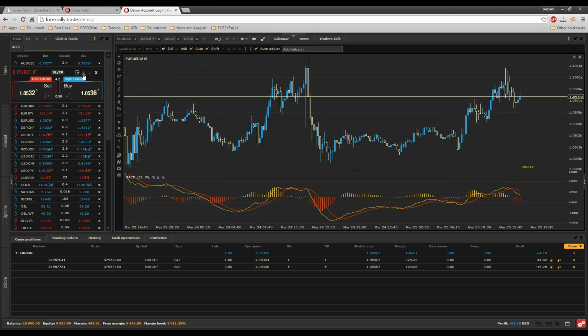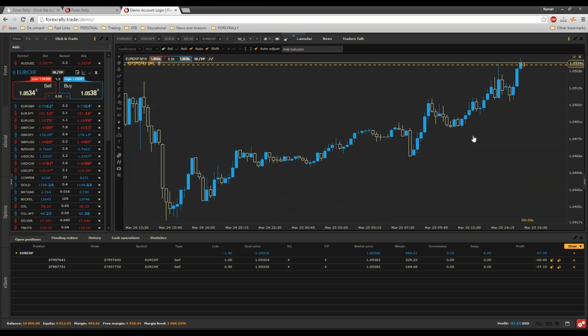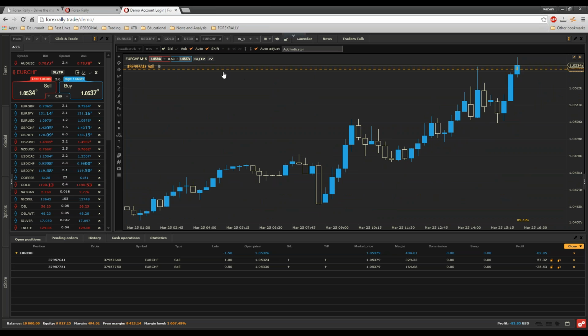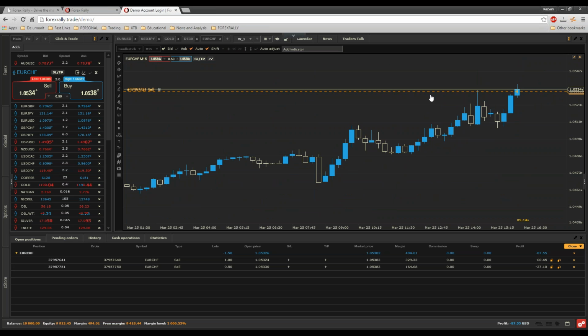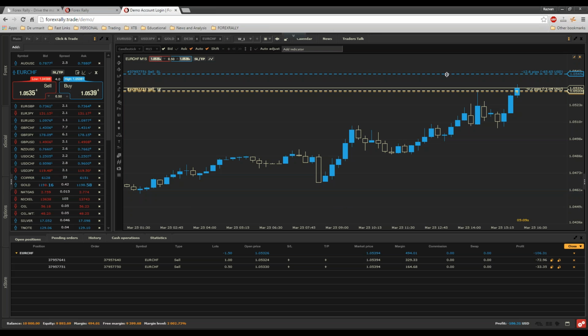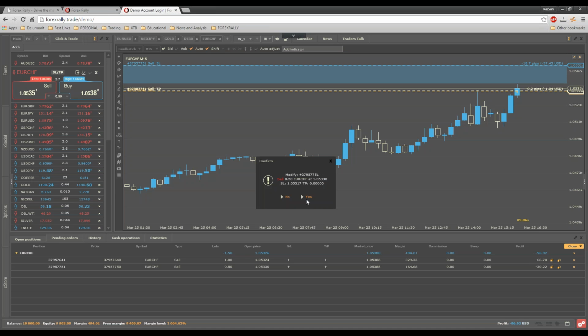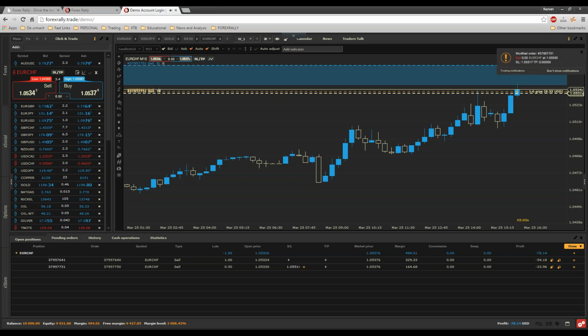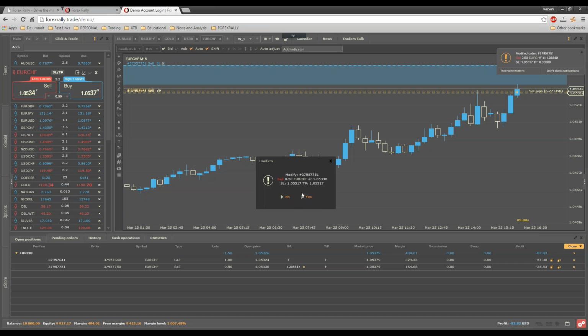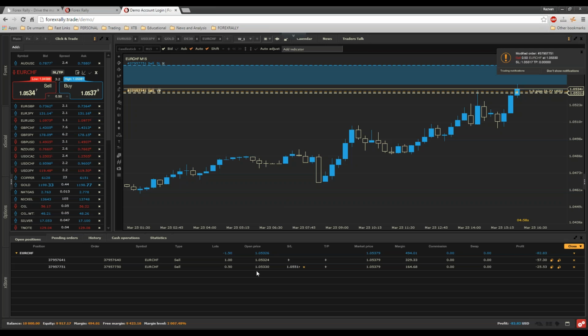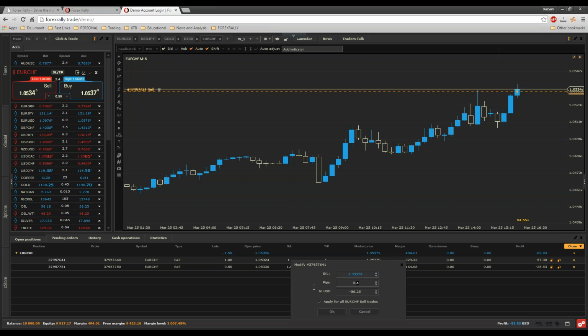Let's get to the chart and let me show you something very interesting. Now you have euro Swiss franc, you have the second icon and it says open chart. If you click it, you'll see the chart, and you'll see two lines here. These are your two positions. If you click on them, you will actually see the take profit and the stop loss for your trade. This is the stop loss, in blue. You have SL, and you can adjust it from here, or going back to the trading terminal, you can adjust it from here.